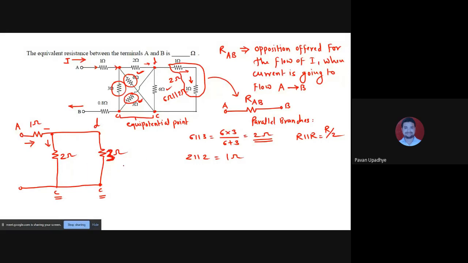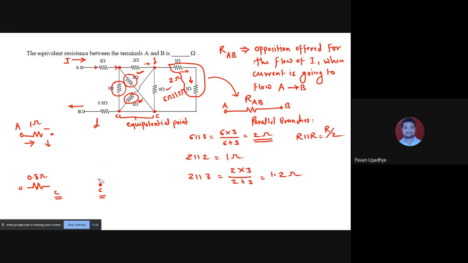And now 2 parallel 3 is what we have got. So 2 parallel 3 is equal to 2 into 3 divided by 2 plus 3. So this is 6 by 5, which is 1.2 ohm. And one more thing, sorry, this 0.8 ohm was over here since the beginning of the numerical, which was not shown, but it can be shown right now because it is not at all affected during any calculation of ours. So ultimately what remains in the circuit is,